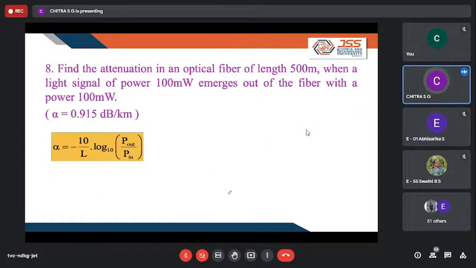So here you can see, we are going to calculate alpha. Find the attenuation in an optical fiber of length 500 meter, when a light signal of power